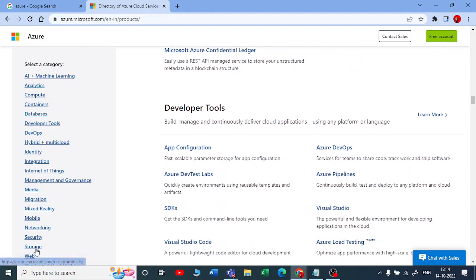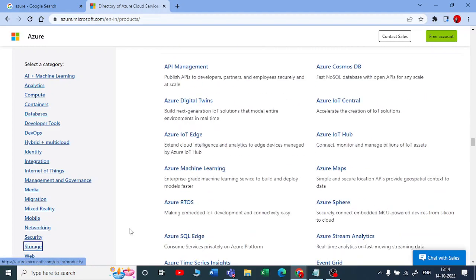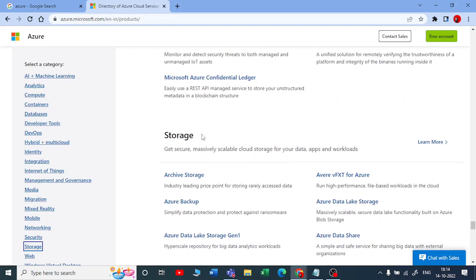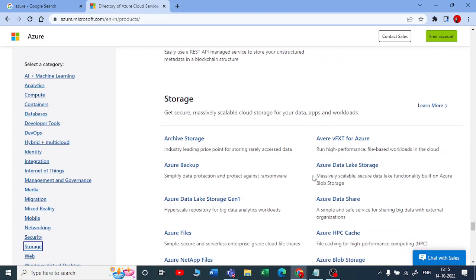Then if we talk about storage, if you want to store a huge amount of data, raw data, structured, semi-structured, unstructured data, we will be going for data lake. So data lakes are nothing but you can store massively huge amounts of data at very cheap cost.